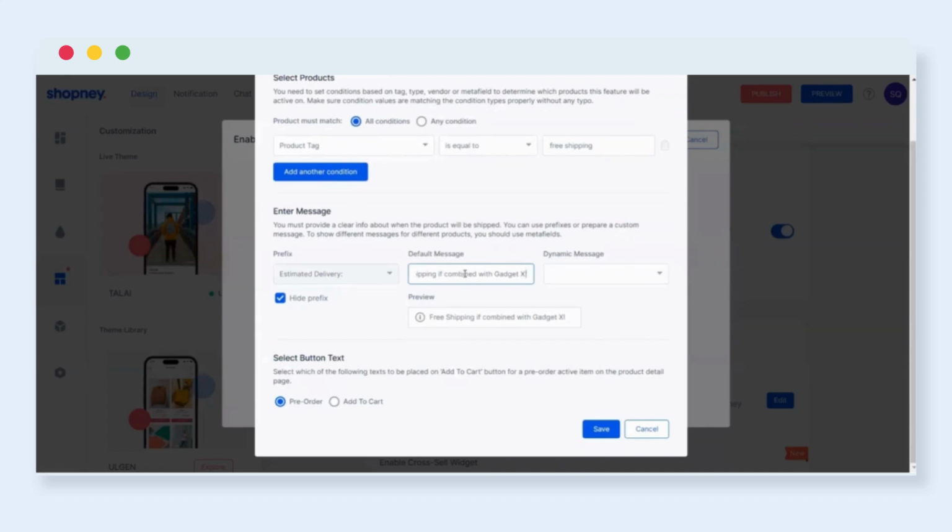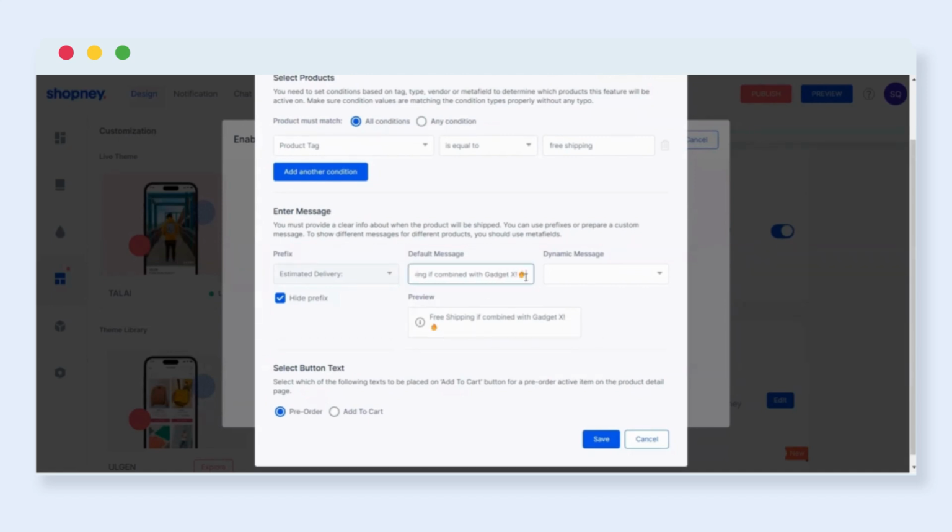So you have that text, and I know I can add an emoji there as well. Let me just try if I can do an emoji. There you go. See, I can even do an emoji